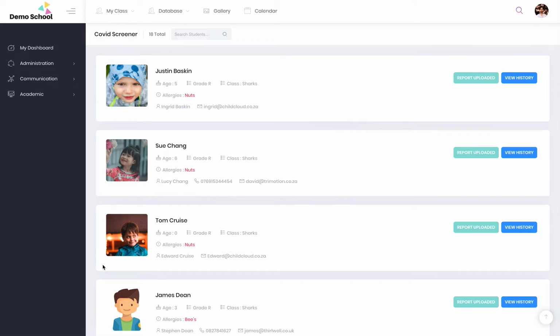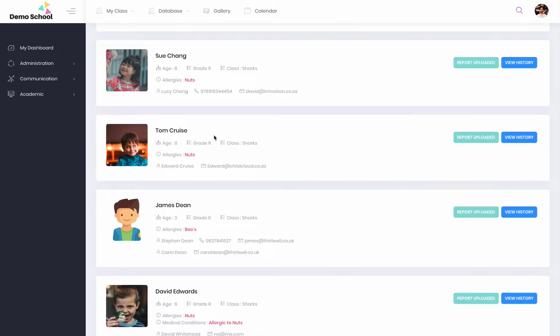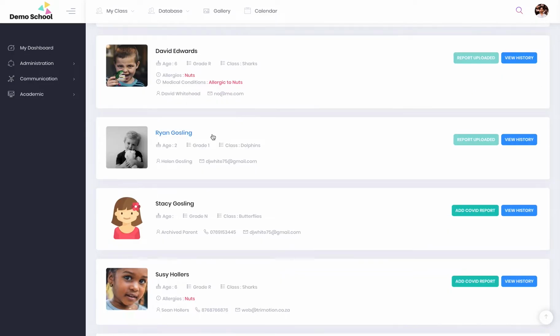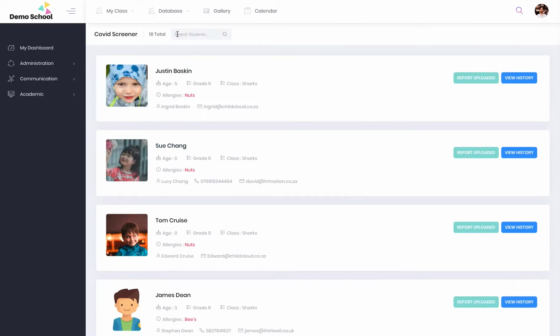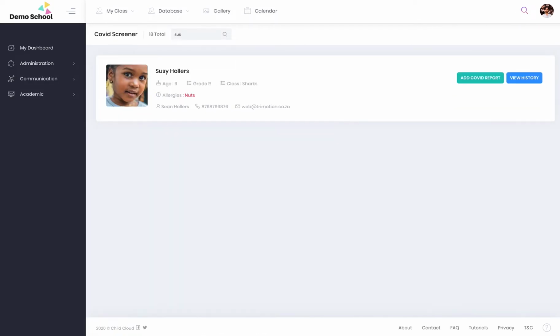This will pull through every child in the school, and you may have a few hundred children. So what we recommend is that you would just do a search for the child at the top. So this pulls through Susie. She's 6 years old. Her parents' contact details, and we see that she's got an allergy of nuts. We then click on the Add COVID report,